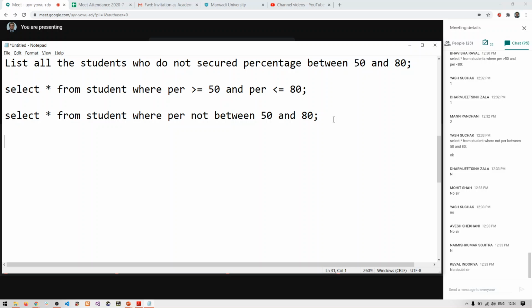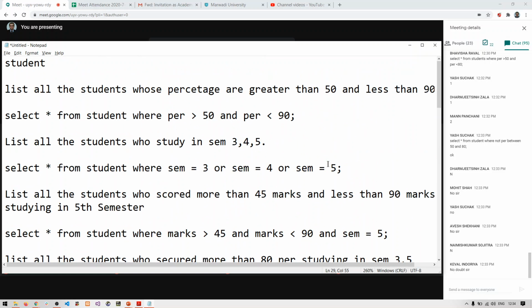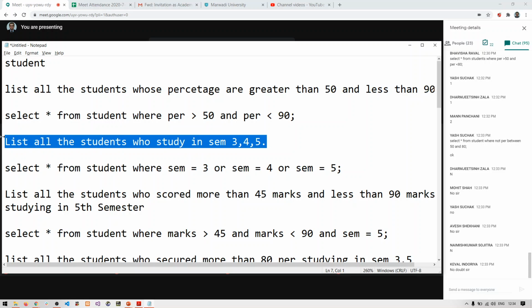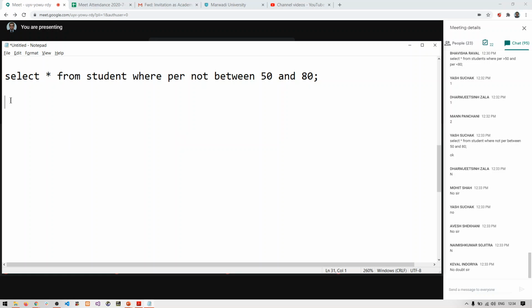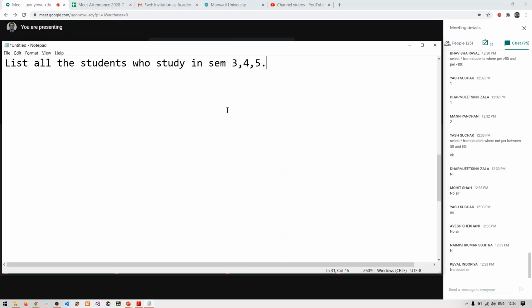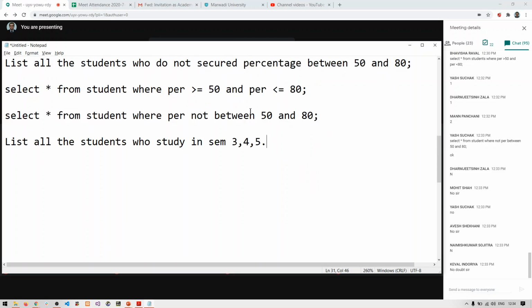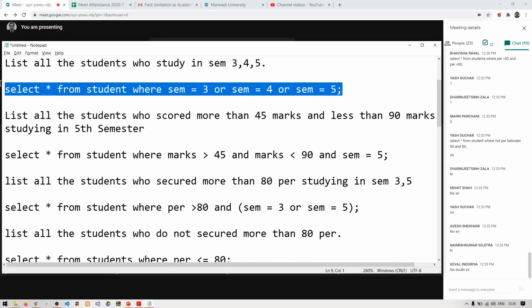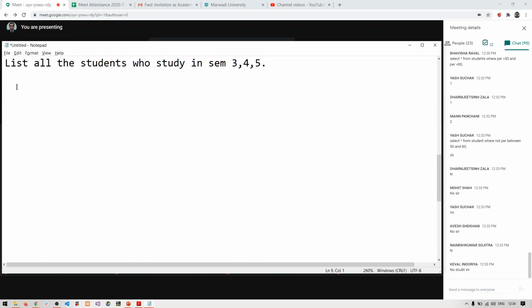So this is what we have studied: how to write the logical operator AND in a different way using between, whenever you are using relational operators along with the logical operator AND. Now let us see how to write the logical operator OR in a different way. So let me just copy this and paste it below. This is what the question is. We wrote the answer of this as you already know.